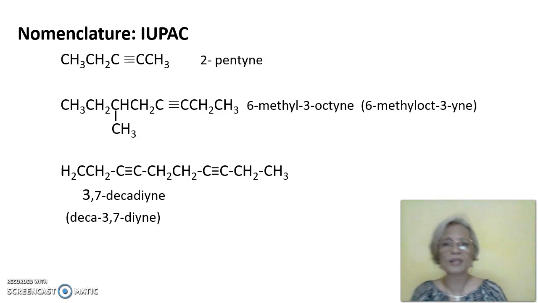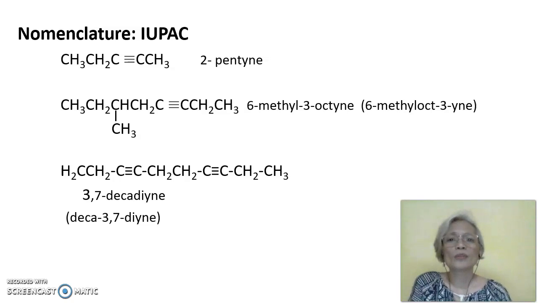So we have some more examples. We have 2-pentyne, where there are 5 carbons, and the triple bond occurs at carbon number 2. And then we have octyne, so there are 8 carbons. And we start numbering here. So we have 1, 2, 3, okay, and then a methyl substituent at carbon number 6. So we have 6-methyl-3-octyne or 6-methyl-oct-3-yne. So notice that this is one word. The number 3 here is where the triple bond is located, and the 6 refers to the carbon where the